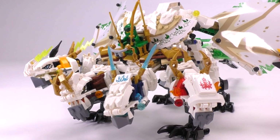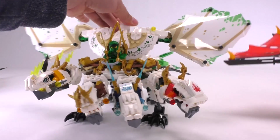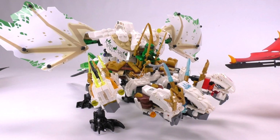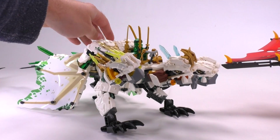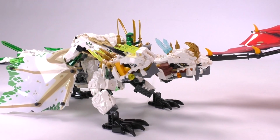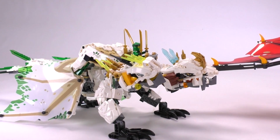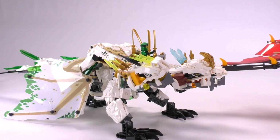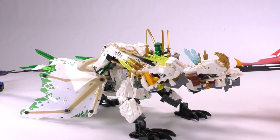So I don't like it as much in terms of cool factor, but you gotta appreciate the build being quite ridiculous and working the way it's supposed to work. So you have the function, it's solid, it's moving in a number of ways, maybe minus those legs. The heads look excellent. We have some prints in this set, which is pretty awesome. And on top of that, there is a pretty solid selection of minifigures that bring you back to season 1 of Ninjago. So for the end of this review, let's take a look at the